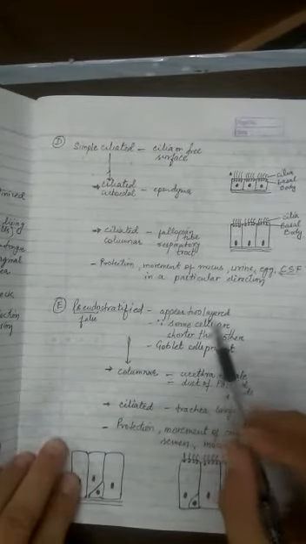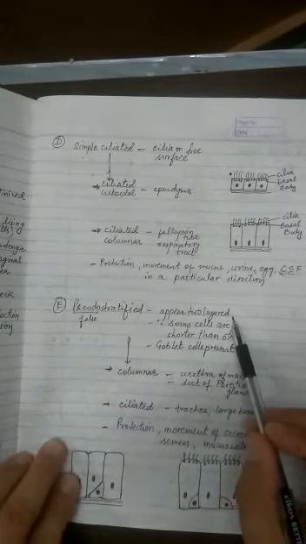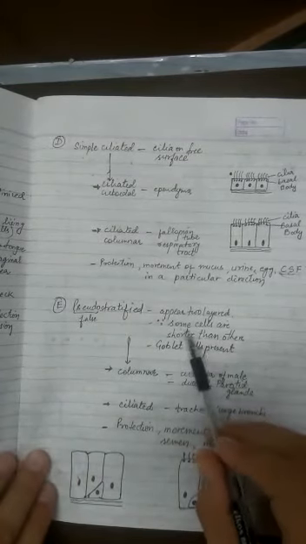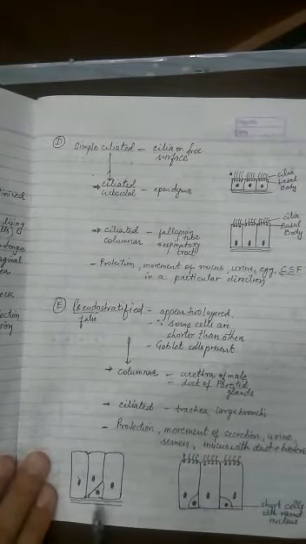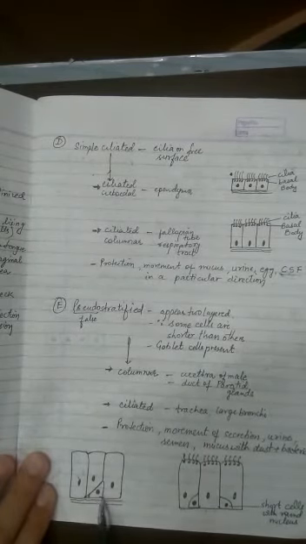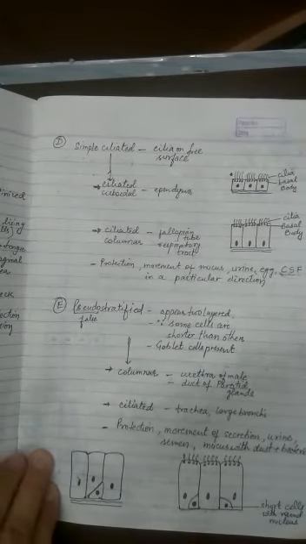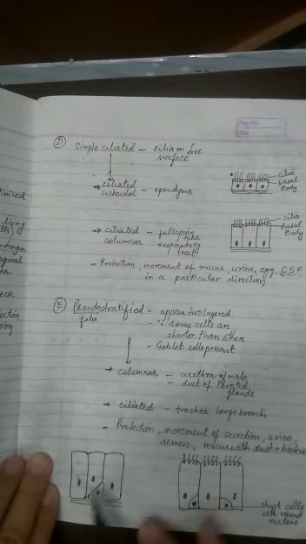So it appears to be two-layered, and it appears to be two-layered because some of the cells are shorter than the other cells. So in these diagrams you can easily see some cells are tall but some cells in between are short. So when you don't pay much attention through the microscope, it may look like two layers are there, but in reality it is a single layer of tall cells and short cells.